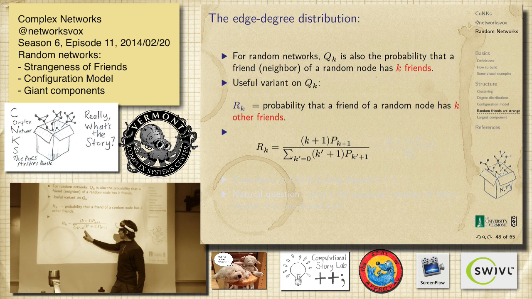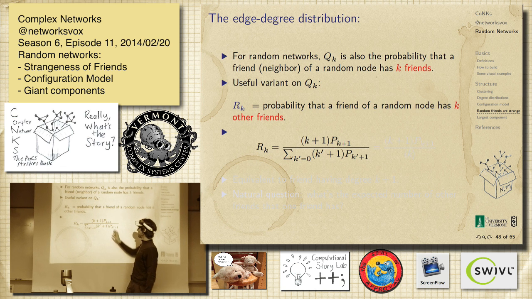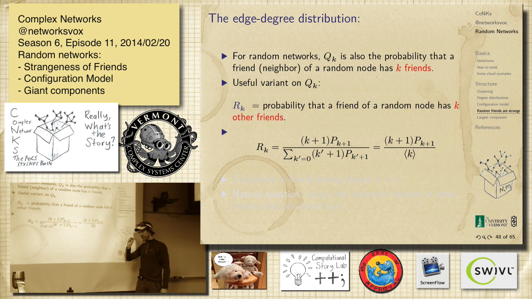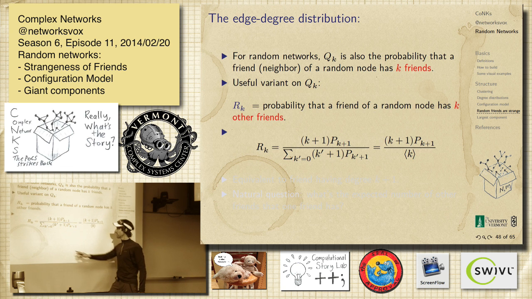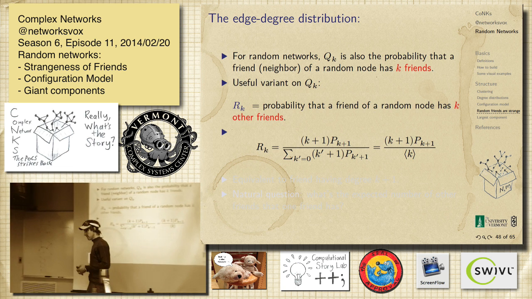This one, k equals 0 is still in here, but this actually starts at k equals 1. Even though it's been moved up 1, it doesn't matter because you would always miss the k equals 0 case. It's 1 p1, 2 p2. So this thing on the bottom is also the average degree. A tiny bit of sneakiness. Nothing too bad. If this was k plus 2 and starting there, that would be different. We'd have to correct that.